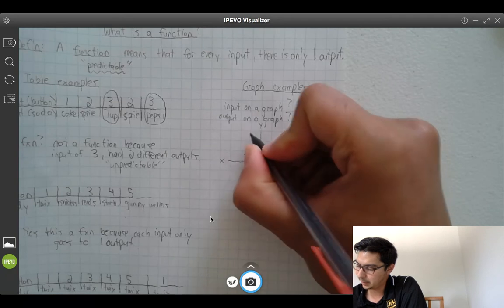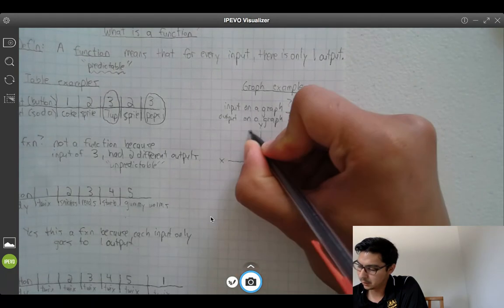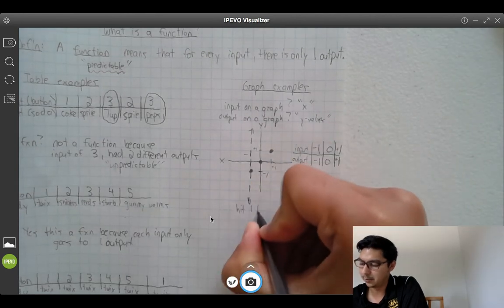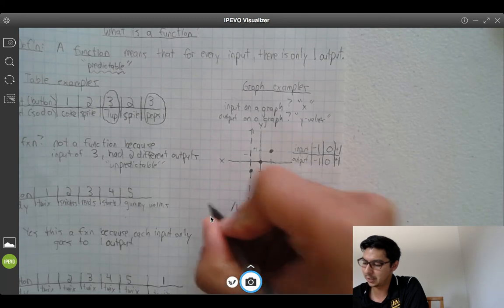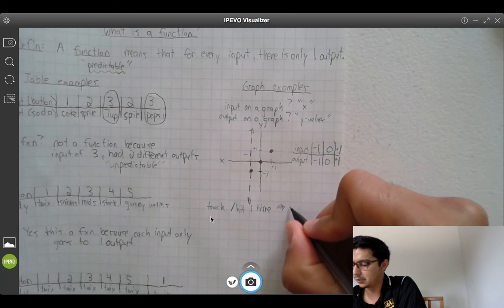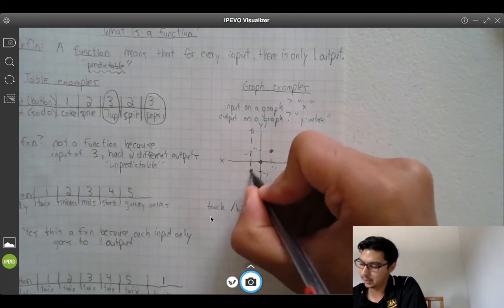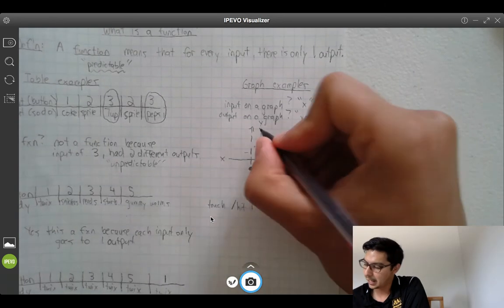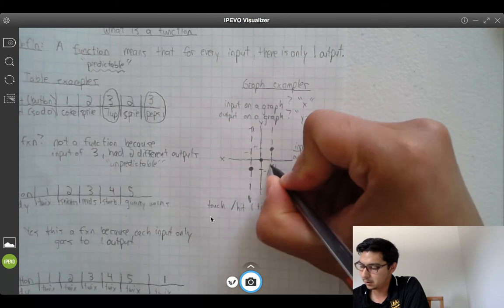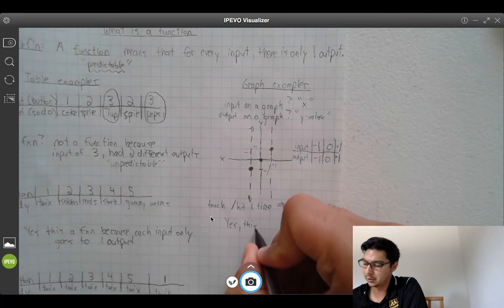Well, when you find an input at -1, what you do is draw a vertical line down it. And wherever your graph is, it can only hit one time. And what I mean by hit/touch one time, because that would imply that there's only one output. So notice at -1, I only hit one time. That's good. At 0, I only hit one time. That's good. At 1, I only hit one time. So that's good. So yes, this is a function